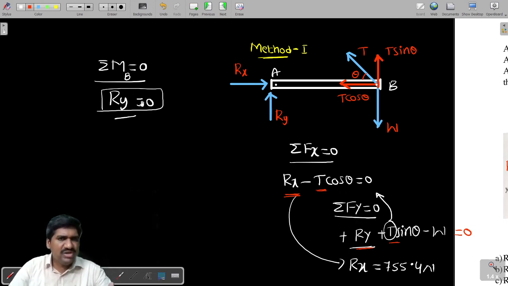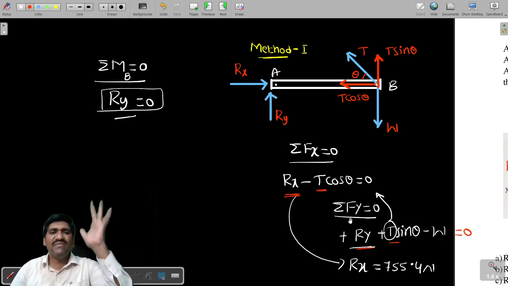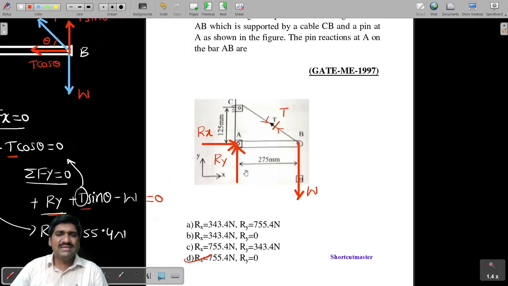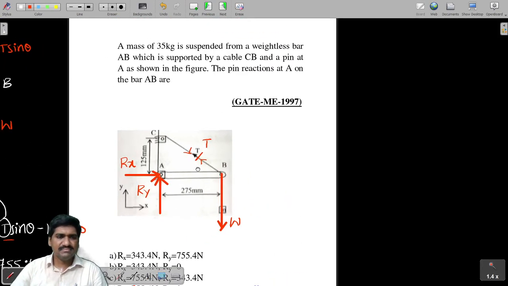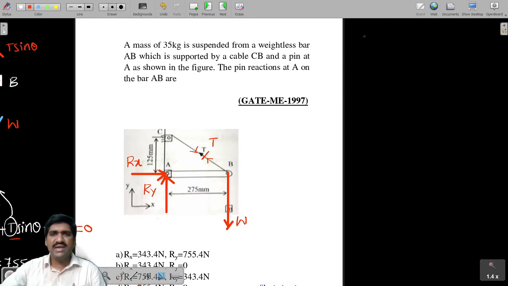Is there any possibility to get the same answer with only two equations? Remember one point clearly, all of you: tension T is not required in this problem. We need Rx and Ry only. So for bringing Rx and Ry, why are we utilizing three equations here? Why can't we go for only two equations of equilibrium is my question. Further, do one thing, all of you. I am using the second method. Listen carefully to what I am trying to say. I am just going for method number two.